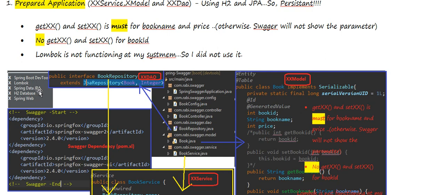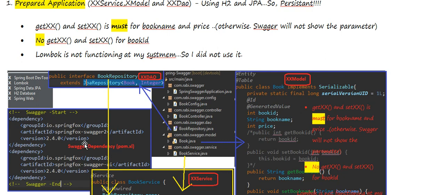And toString functionality, so you can use it with Lombok, and Spring Data JPA with the H2 database. We are going to use the in-memory H2 database. So when you start up a Spring Boot project and include this one, this will be included. And to implement Swagger, you need to add the Swagger dependencies